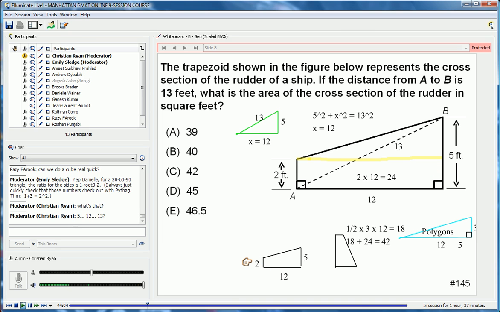This is not the usual way that you would see it. You'd often see the 2 parallel bases, as they're called, set horizontally. But here the rudder is set vertically. But you could simply turn it on its side, or simply say, okay, these are the 2 bases, and this 12 here is the height. Either way,